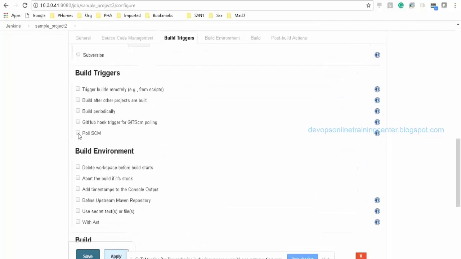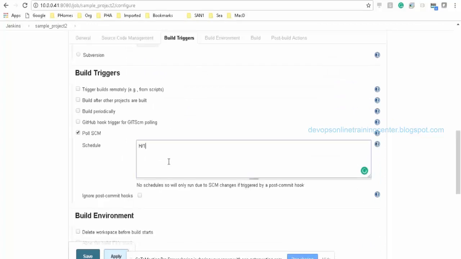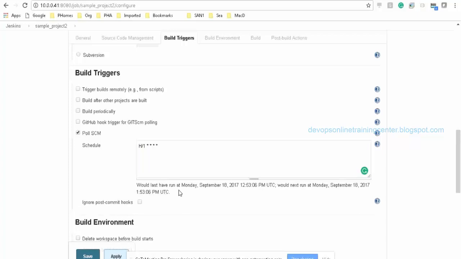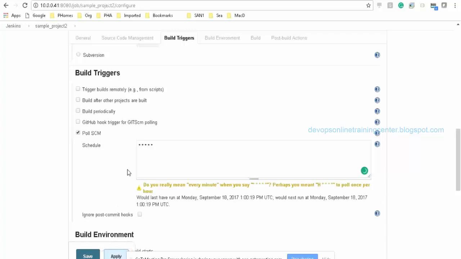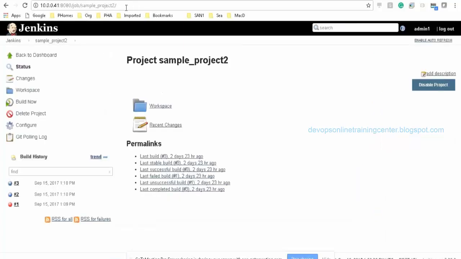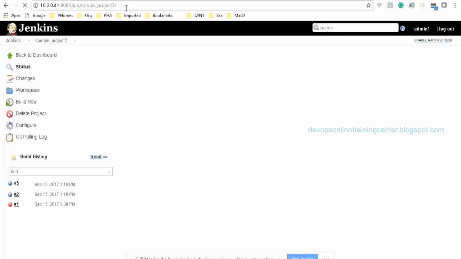Okay, there is no polling, so we have to set this. H1 means every 1 minute. All stars also states that it's 1 minute, right? Okay, all stars is fine. Let us see, this should work. Every minute it should poll.